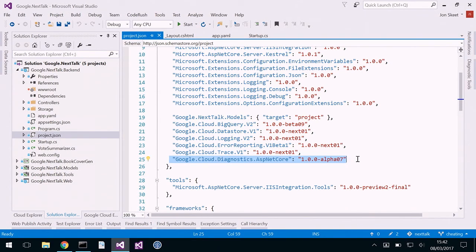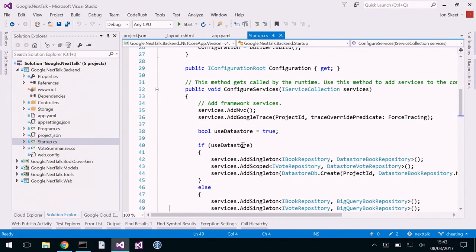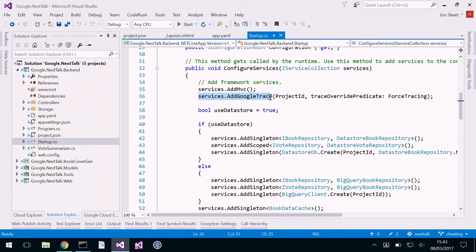So once you've installed the packages, then in your startup, because that's where you configure things in ASP.NET Core, all we need to do in configure services is we just say we're going to add Google Trace. And in fact, normally, I added a little bit of a crutch just in case there was so much traffic that we happen not to capture the stats request that I made. You can override things to explicitly say, I really want to trace this call, rather than just relying on a 1 QPS sort of statistical aspect. But if you're happy with defaults, it's as simple as just saying, just add Google Trace for this project. And at the same time,